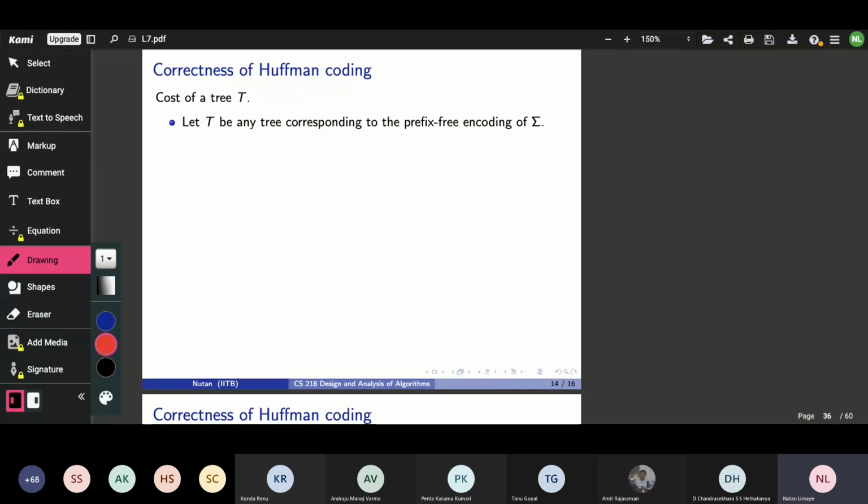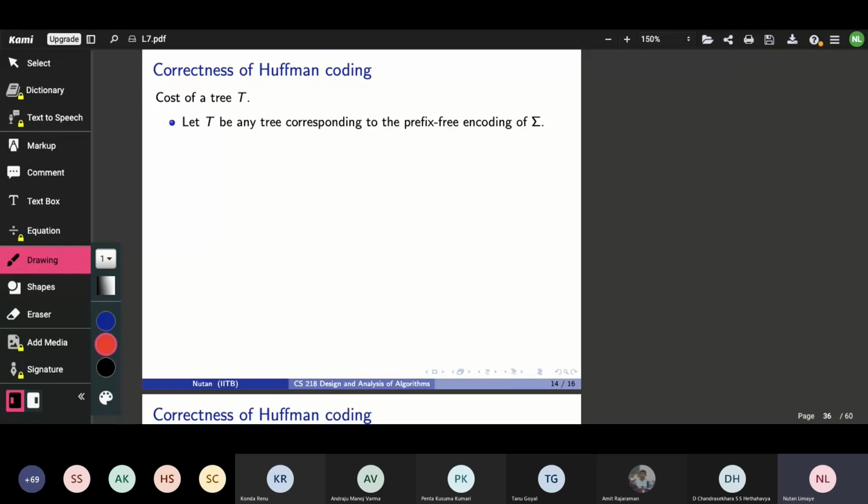What is the cost of a tree? So let T be any tree corresponding to the prefix-free encoding of sigma. Now I'm not even saying that this tree is obtained by bottom-up strategy or top-down strategy. You can always give me a tree that talks about the encoding of the alphabet.